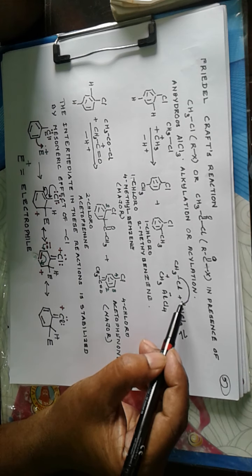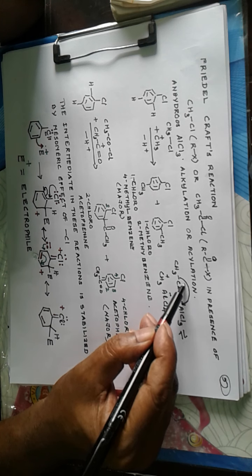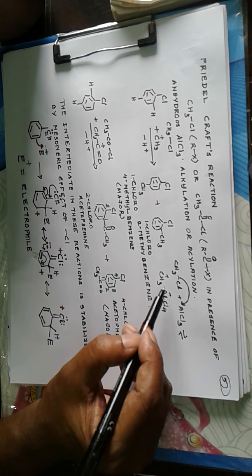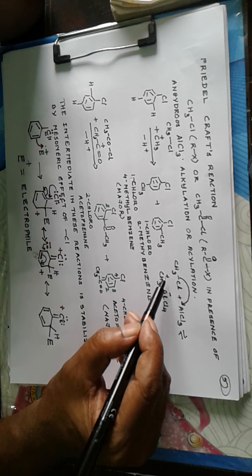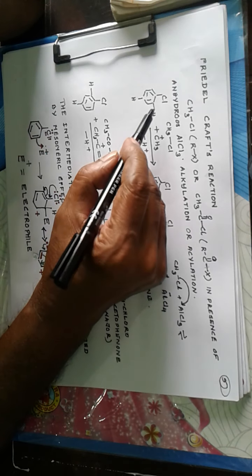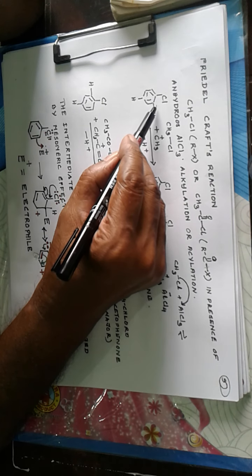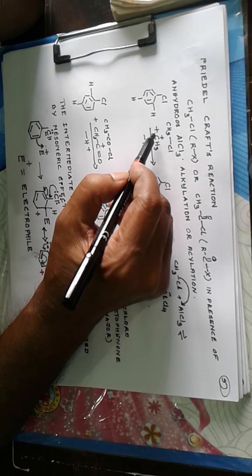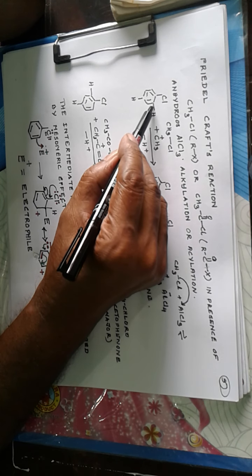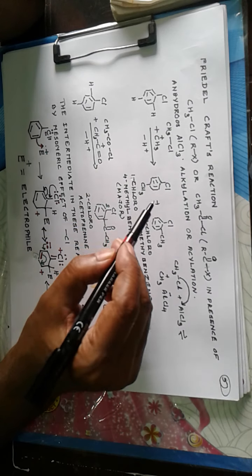You know, AlCl3 is a Lewis acid because it can accept a pair of electrons, since it contains a vacant orbital over aluminum. So into the vacant orbital of aluminum, chloride ion is entering. We get AlCl4 negative and CH3 positive. And this CH3 positive attacks the benzene nucleus. At the ortho position, H positive is removed and a negative charge created combines with the CH3 positive to get